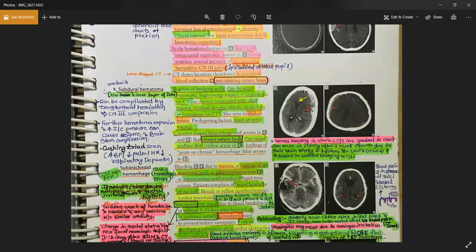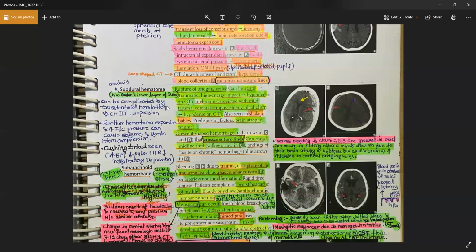Now you have the subdural hematoma, and this kind of hematoma can cross the suture lines because it is not fused with the sutures, right? It happens because of the rupture of the bridging veins. Okay. Now what happens? You have some space between the cranium and the brain. Actually, if I draw it,